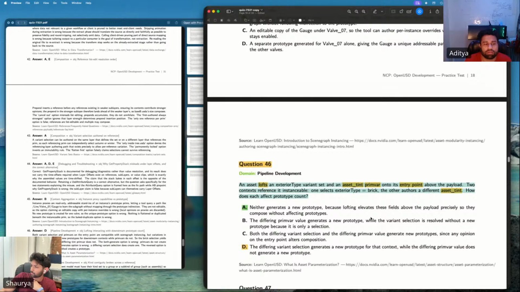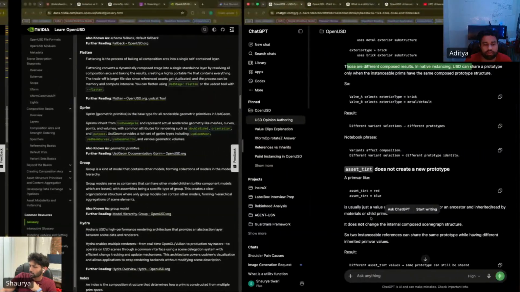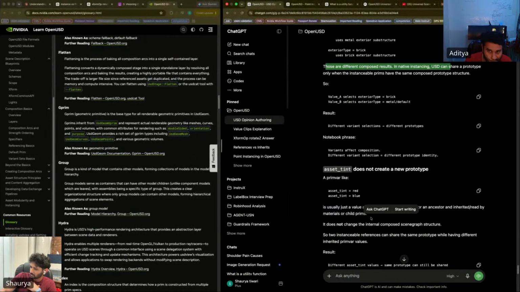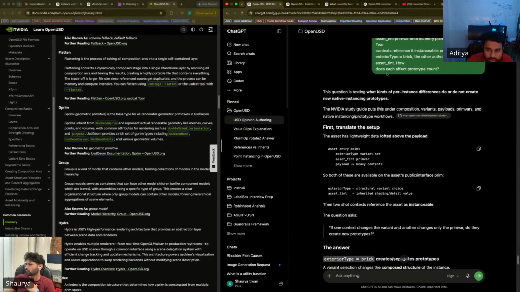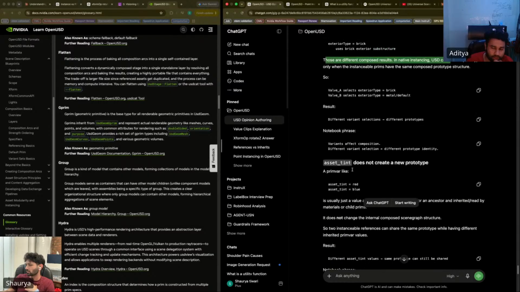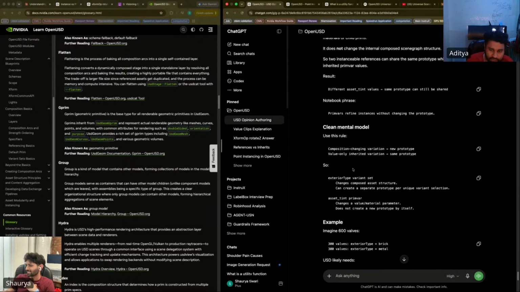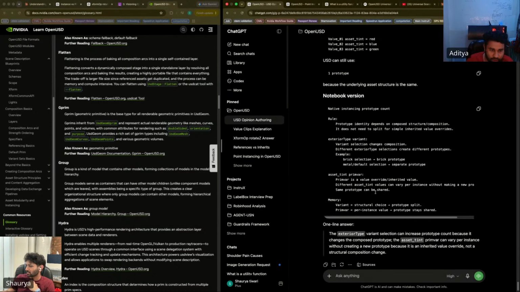But I was trying to understand how this would look in USD. Like, how does that look? Like the asset sample entry point, sample code. In the exam you won't get that, you will get the sample code. What would you have to infer?